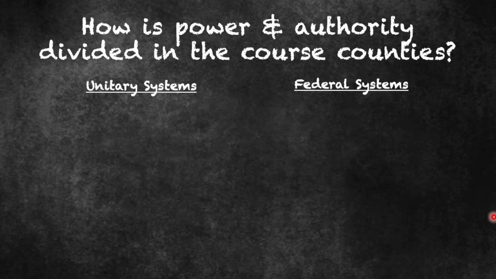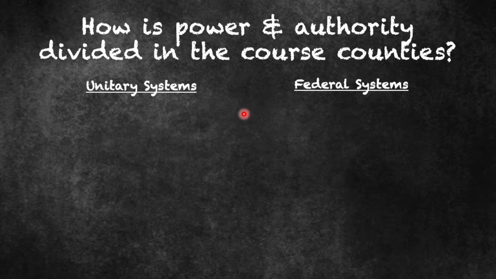So, different countries have different sources of power and authority, but we also see that power and authority is divided differently in different countries and also in our different AP Comparative Government course countries. So here we are looking at how it is divided across the regions or how it might be centralized within the country. There are what we call unitary and federal systems, which are basically different ways of dividing the power throughout the country and are often done in response to different internal factors such as ethnic divisions or external factors such as influence from other countries.